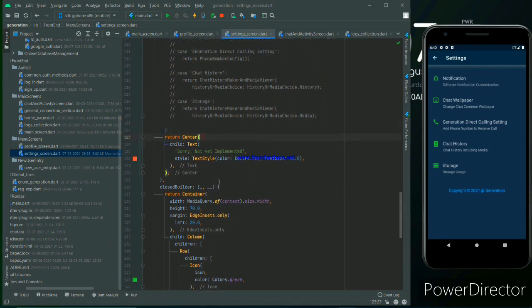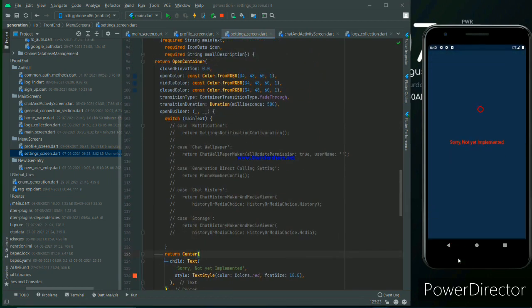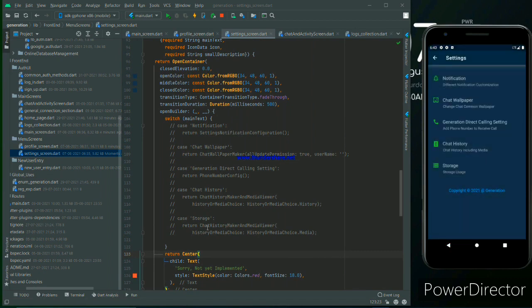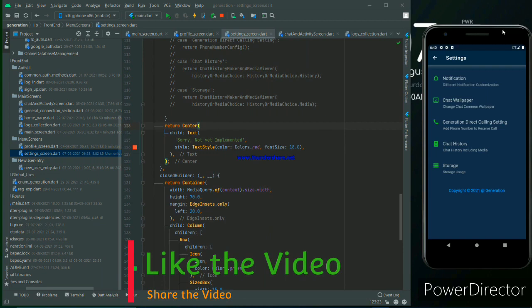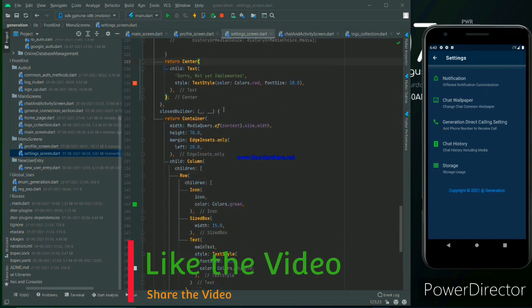Actually, when we click any option, it will show not yet implemented, because we have not integrated the backend stuff and some internal UI as well, and there is no need to use it here. When we make the backend, we will use it fully, and this is a very easy UI to implement, under 10 to 15 minutes. That's why we are not bothering right now. We are bothering about the major UI, because this is the major UI, as you can see. So that will open the center widget, not implemented, and the close builder is showing that option as well.